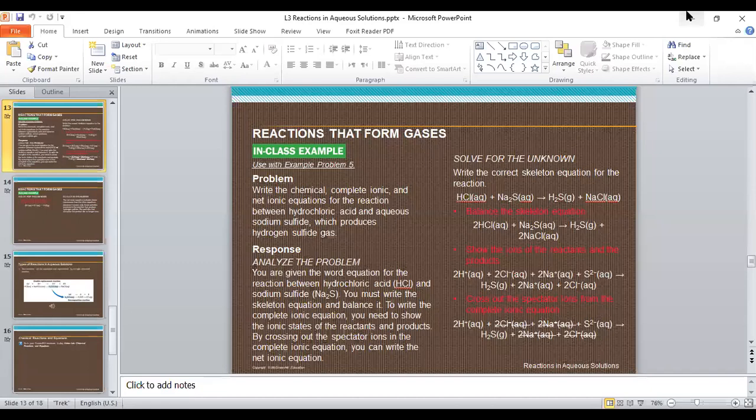Our quiz will be on the first three lessons: reaction and equation, classifying chemical reaction, and reaction in aqueous solution. This is three, and I will send it